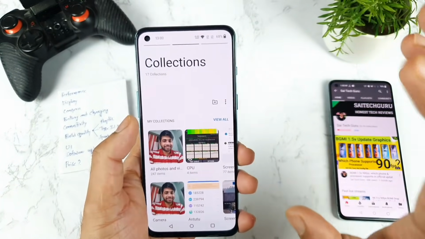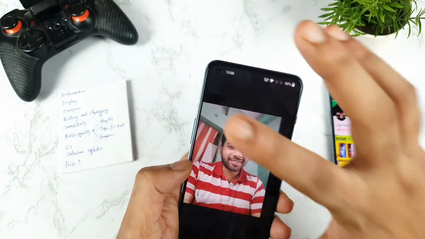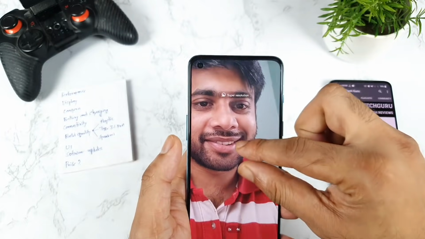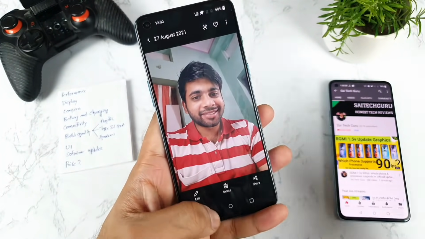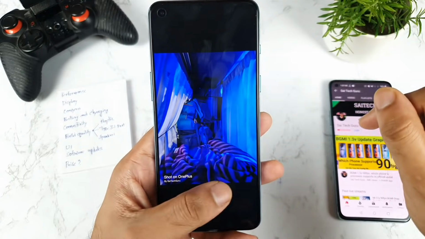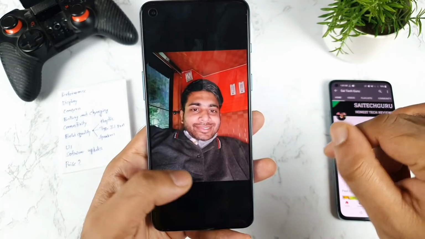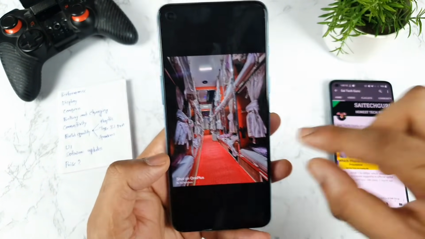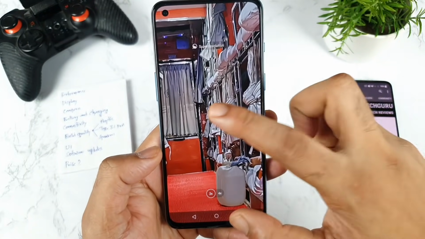With the front cam, I'm not that satisfied. It was kind of okay, I would say, with the front cam clarity in terms of the colors and everything. As you can see, not that great, but kind of okay. As you can see, friends, these are the night mode shots taken inside the bus as well, and this is the front cam shot taken here. As you can see, it looks really good.